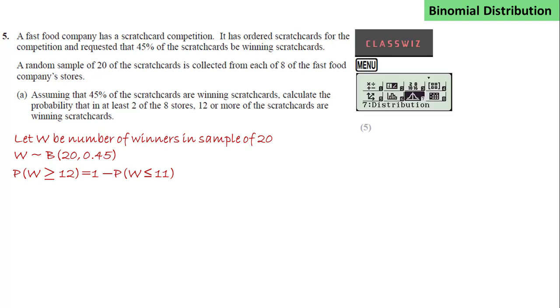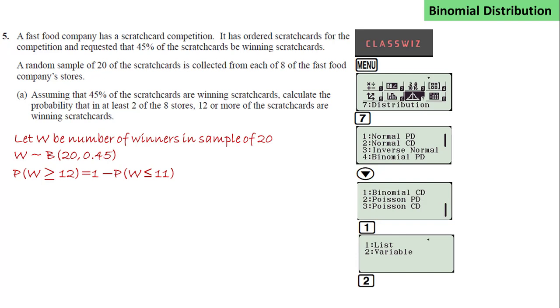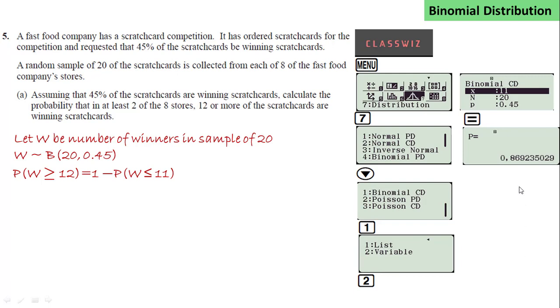So we go to our calculator, we choose menu option 7, and here we're going to look at the binomial distribution, but we want to have the cumulative distribution, not the probability distribution. So you have to go onto the second page and choose option 1, binomial CD. We're going to choose a single variable. We're going to put x in to be 11, n for the number of trials as 20, p for the trials to be 0.45, hit the equals. It gives us a probability of